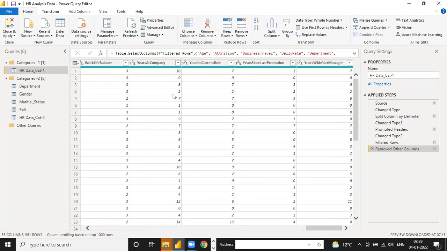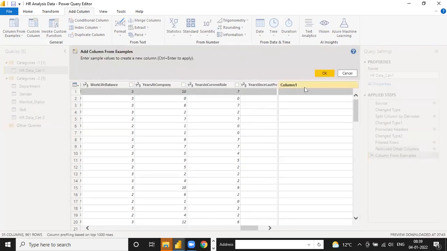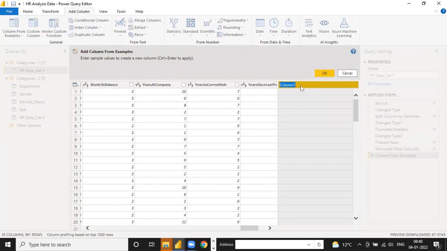It is not a correct value to show in a graph. So how to show it? Click on Add Column. You have a Column From Examples option. Under Add Column, Column From Examples, From Selection. You can click on From Selection, and you can see on the right-hand side you have one column. You can just write here